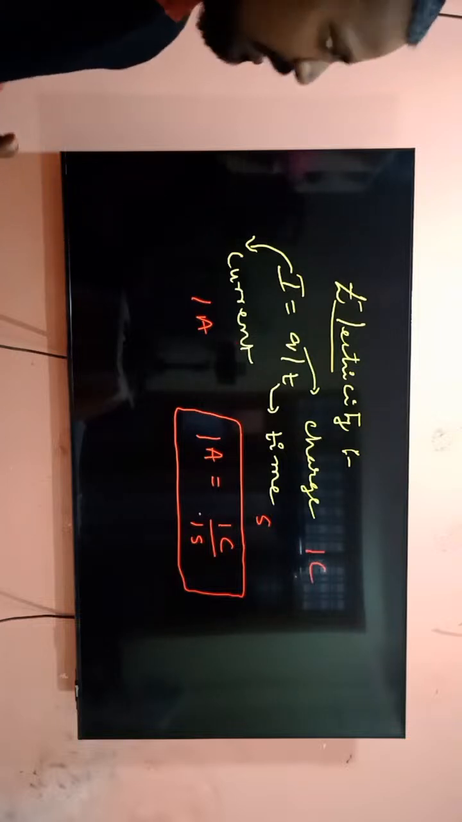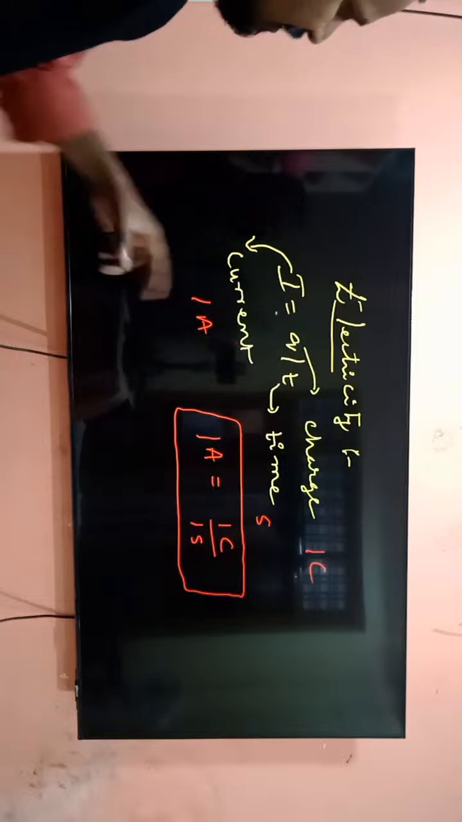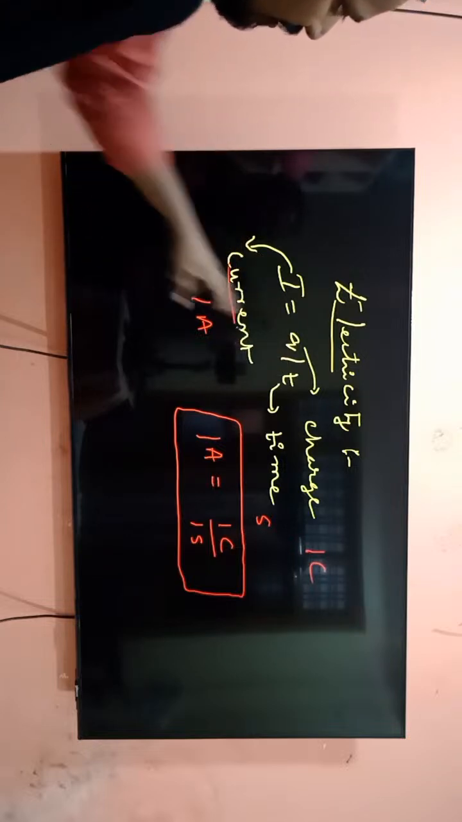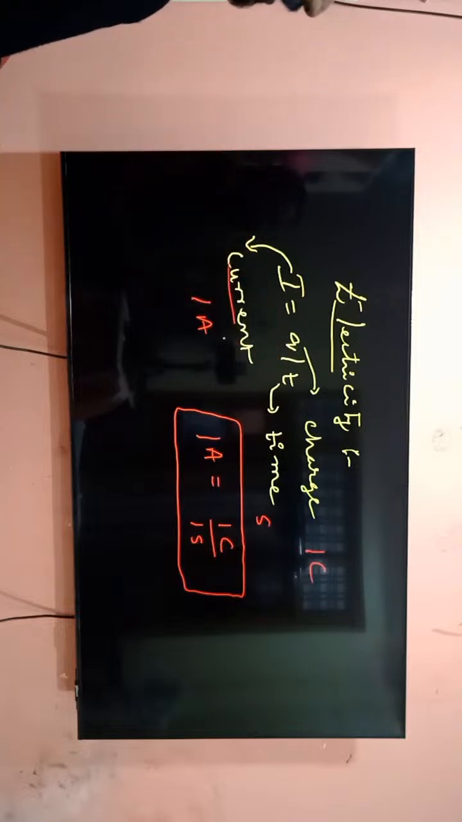I hope it is clear. Once again, electric current is nothing but the rate of flow of charge. I equal to Q by T. I is the current, Q is the charge, T is the time. Understood? I hope it is clear. Now we can go to the